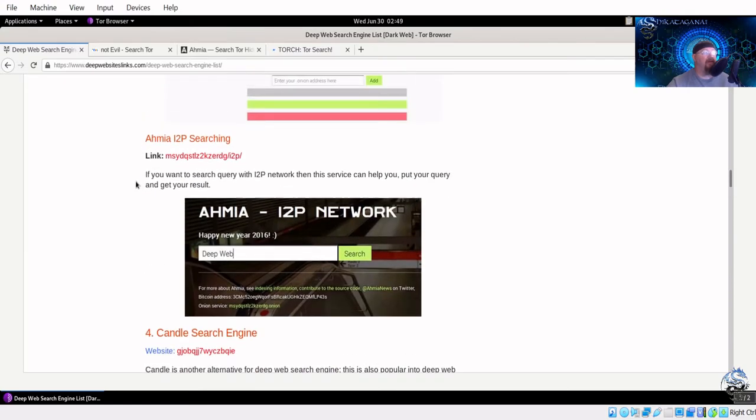And let me speak on this for a second. Tor is not the only way to do deep web searching or dark nets. There's also something called I2P and Freenet and a couple other ones. So this is another way to do it. It's not the .onion stuff. It's not what you're doing with this particular one, I don't believe. But you can do I2P searching as well.